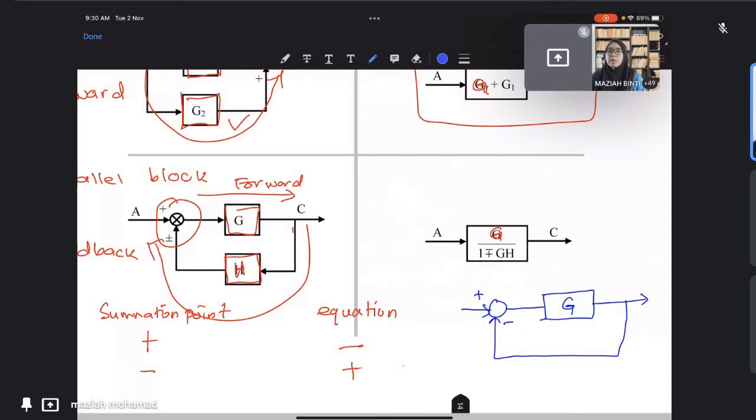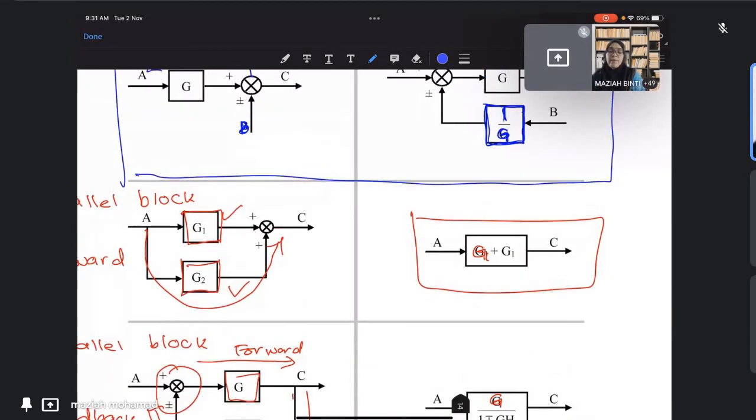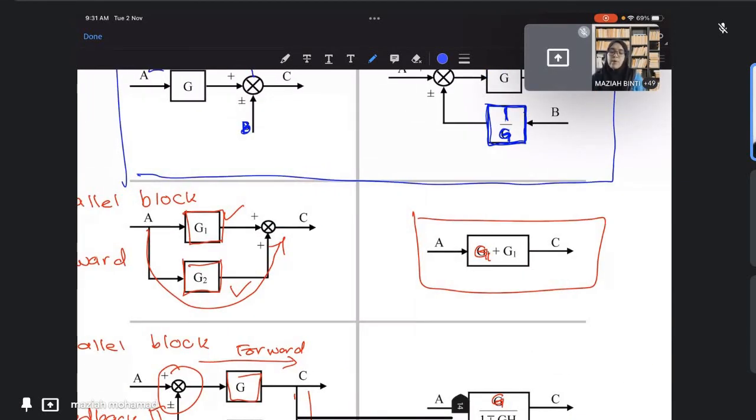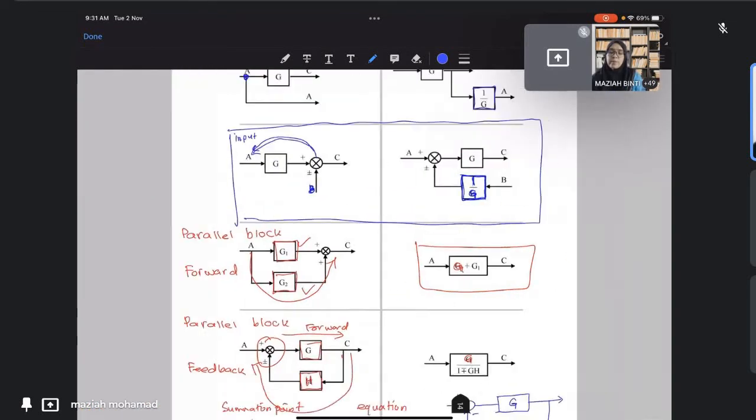For a line, we will consider the gain. Normally in the block we call it a gain. So the gain here is equal to 1, meaning there is no transfer function there, so we consider the gain to be 1. As for feedback, it doesn't matter because G will multiply with H there, so it becomes G only. But for the forward parallel block,